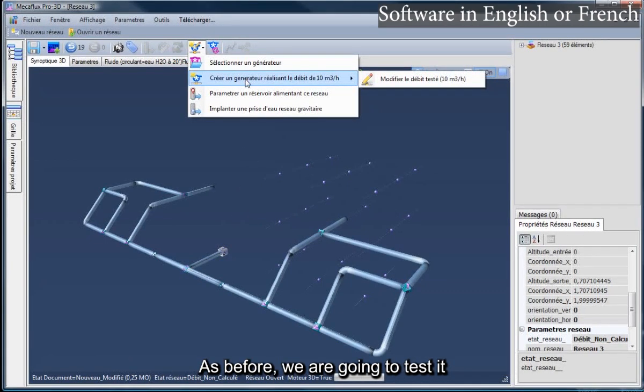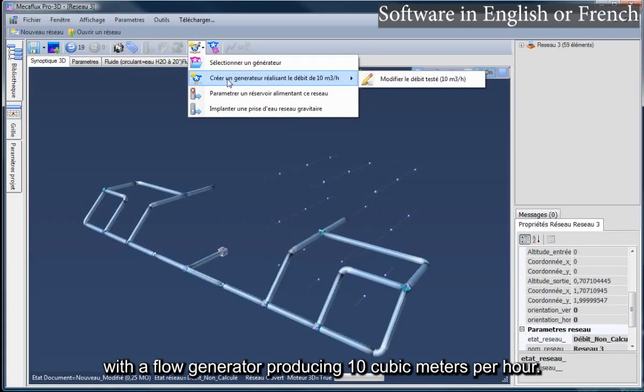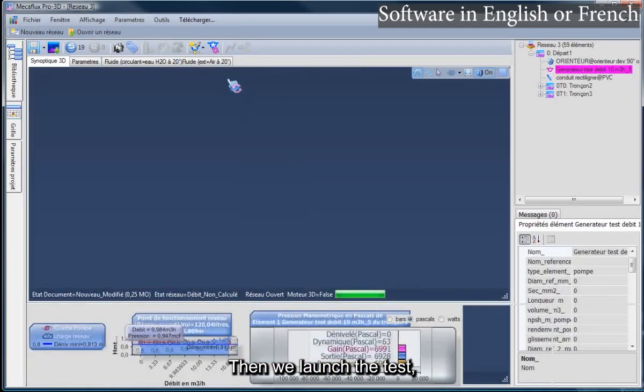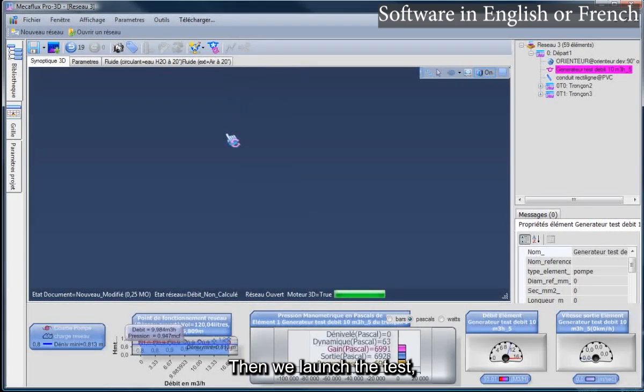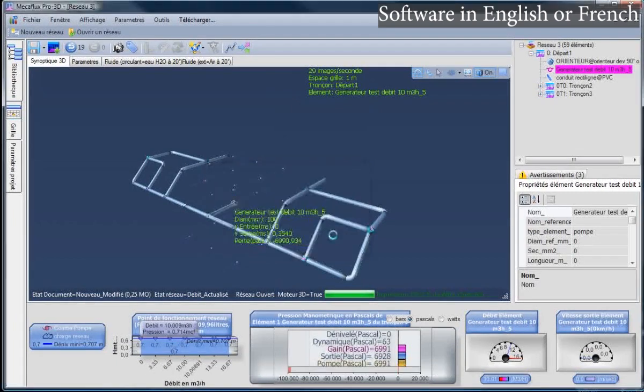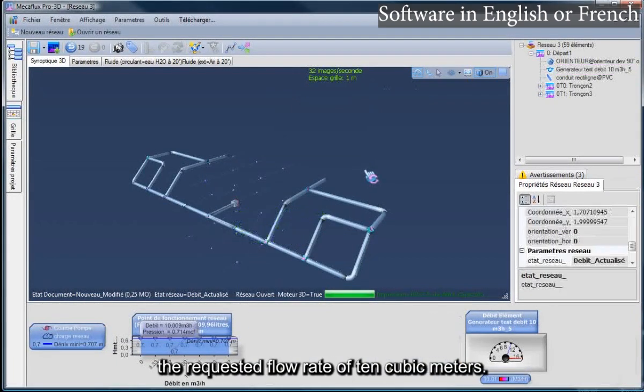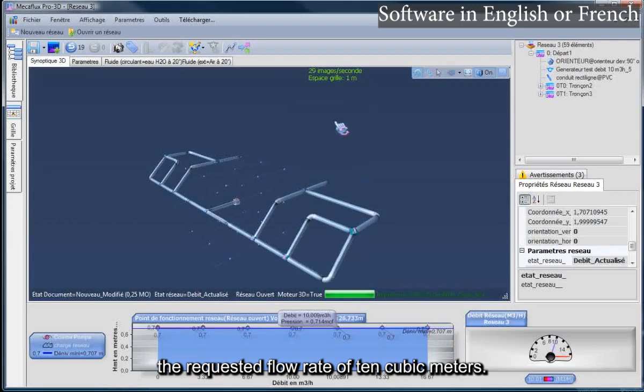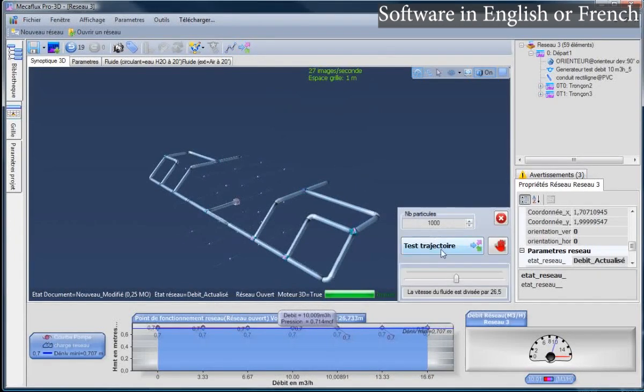As before, we are going to test it with a flow generator producing 10 cubic meters per hour. Then we launch the test. So the software calculates the pressure drops and the pressure necessary to achieve the requested flow rate of 10 cubic meters. There it's done.